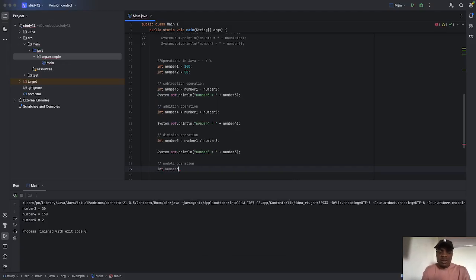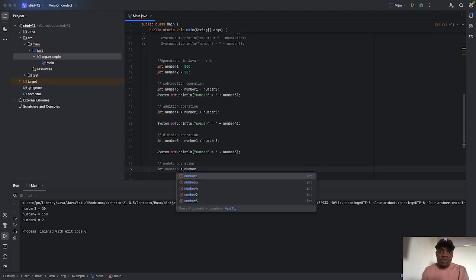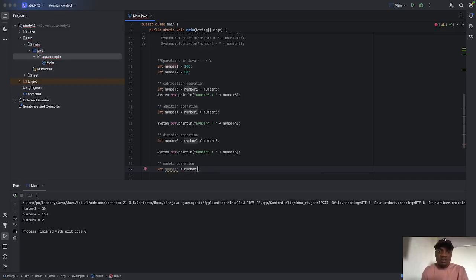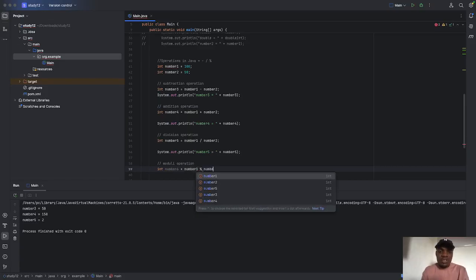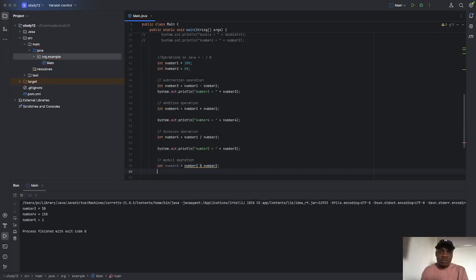We want to get the remainder when number 1 is divided by number 2. For the remainder operator, we use the percentage sign. So you say number 1 modulo number 2. If we print this, we get